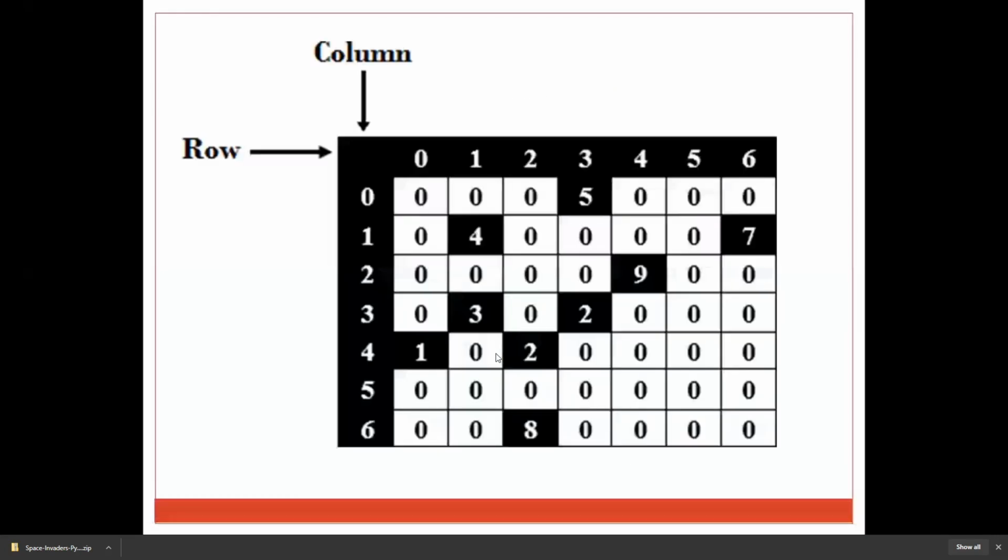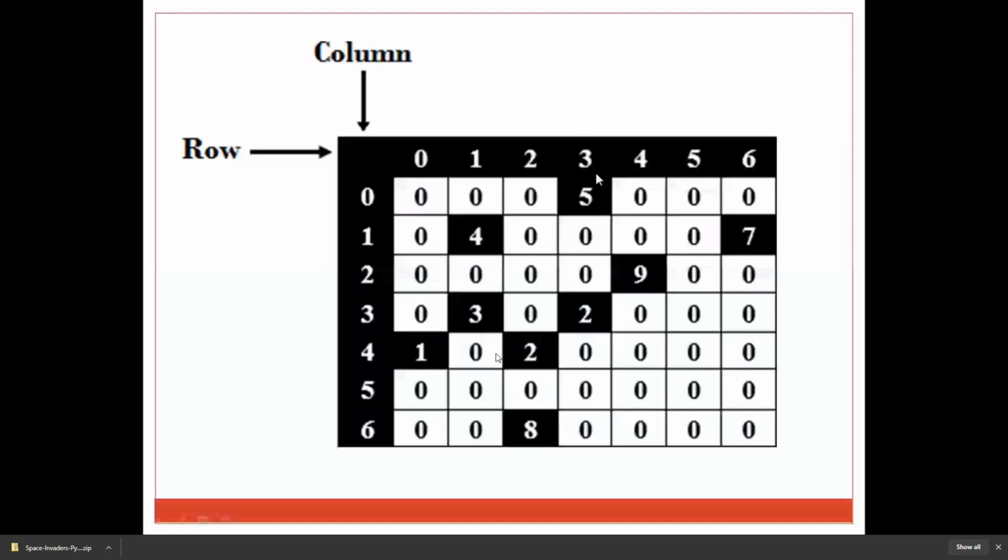I have come back to the matrix format where you have highlighted the non-zero elements. We have 0 3 5. You can see the first 0 is the row number, the next number 3 is the column number, and 5 is the actual value represented at the location 0 3.